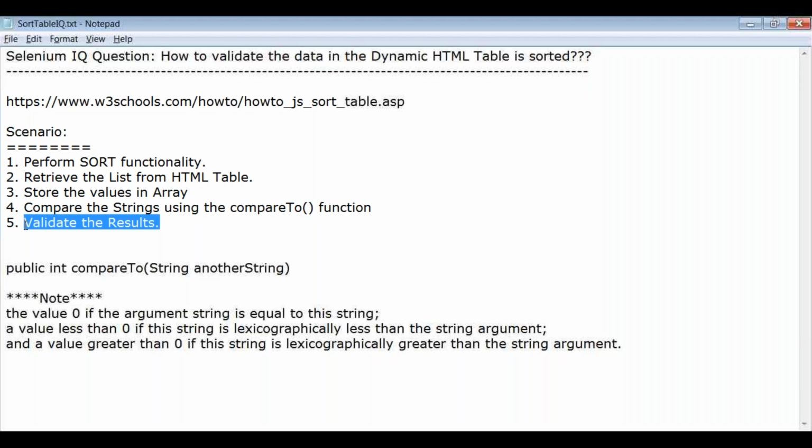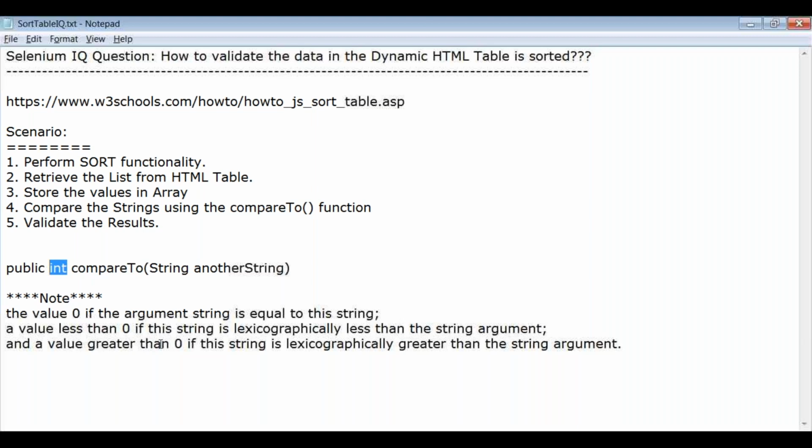But before getting into our logic, one more important point we have to understand is the use of the compareTo function in Java. The compareTo function is a method available in the String class which helps us compare any two strings and returns an integer as an outcome.